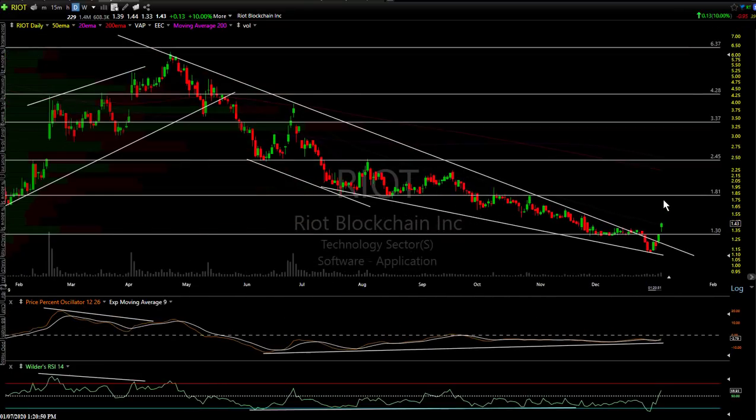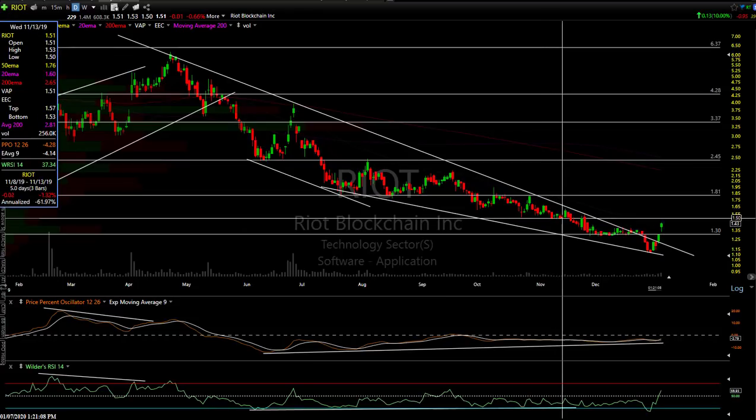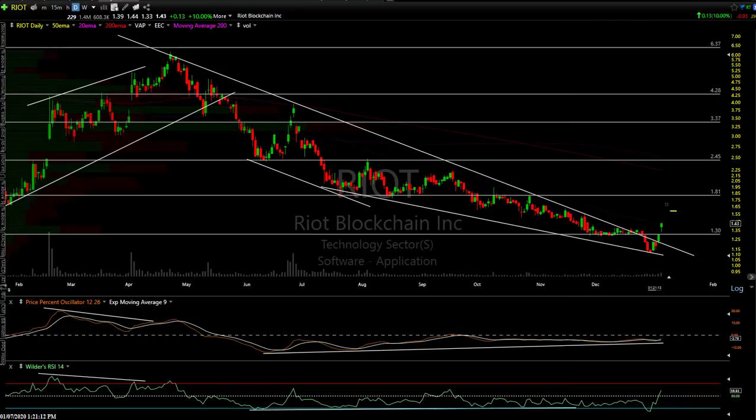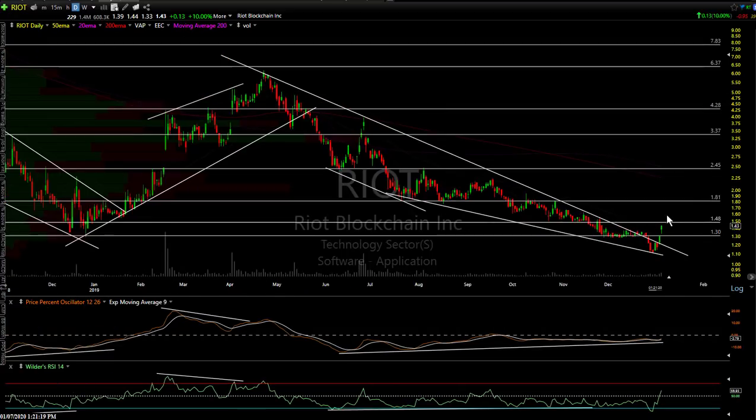So while no breakout is guaranteed to fail, you want to see ideally a breakout on a stock, especially long side trades. You want to see breakouts that occur on above average volume, at least 1.5 times or better the average volume, and that's what we've seen so far. Anything is possible. There's a little bit of resistance coming in here, about $1.50. I'll probably add a line right there for you, where we might get a hiccup. And again, it all depends on what Bitcoin's doing at the time. But when this sucker wants to run, it can run.